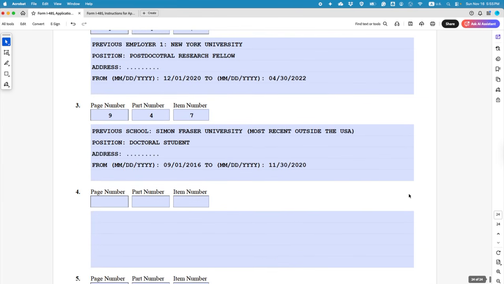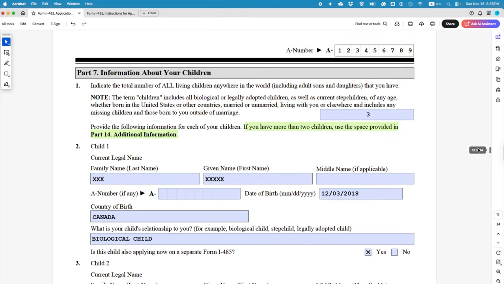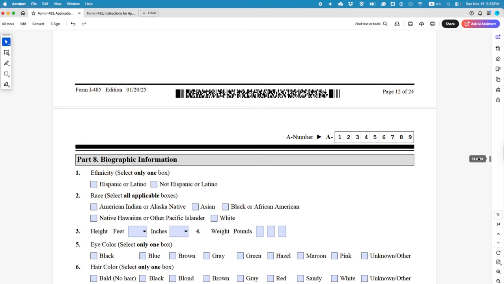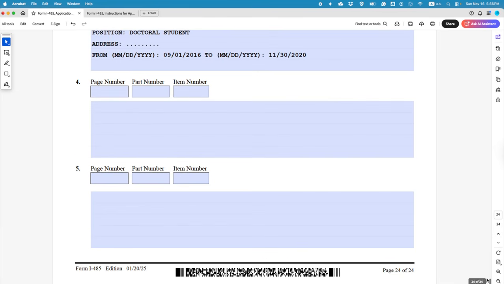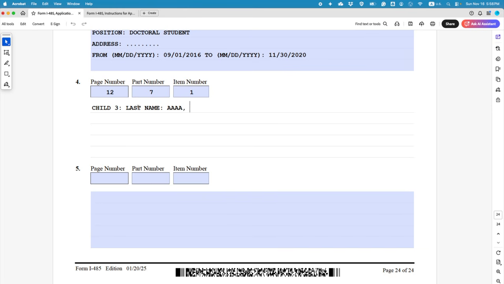Okay, I forgot the things. It was page 12, 7, 1. So I'm writing child 3. Say that person's child 3 last name is, say, I'm just making things up, last name, and given name is